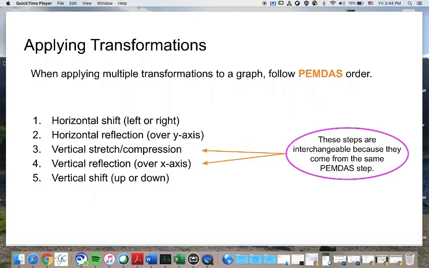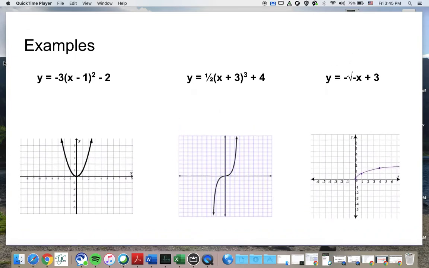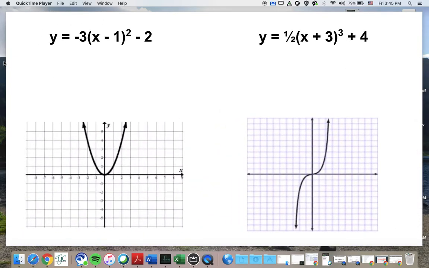So if you just remember PEMDAS, that's the exact order that you're going to apply multiple transformations in when you sketch its graph. So let's look at a few examples then. So first example here, we're going to list our transformations in that correct PEMDAS order, and then we're just going to sketch the graph. Just like we did before, we're not going to worry about plotting exact points. We're just going to focus on moving that vertex or that point of inflection or some kind of intercept,